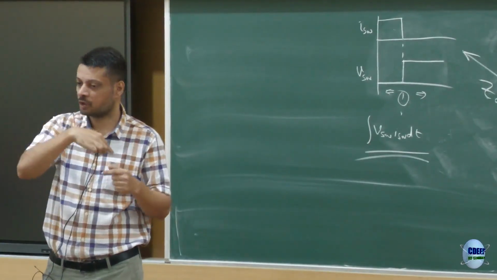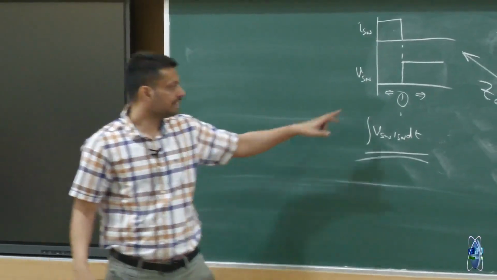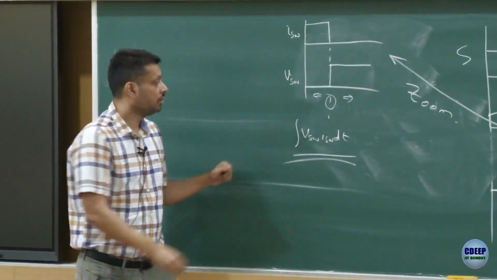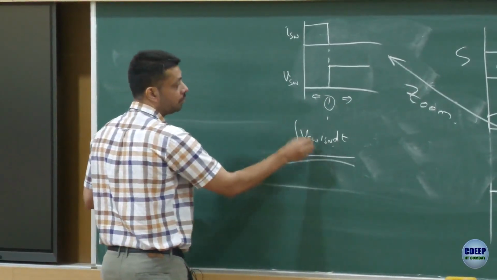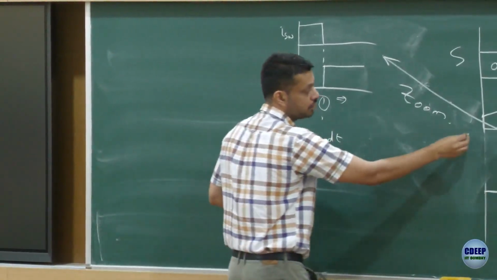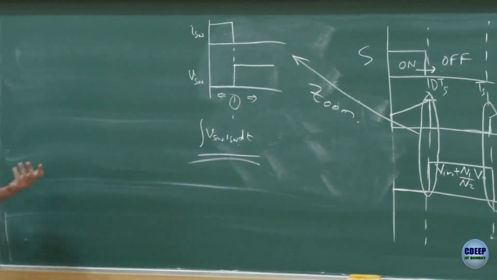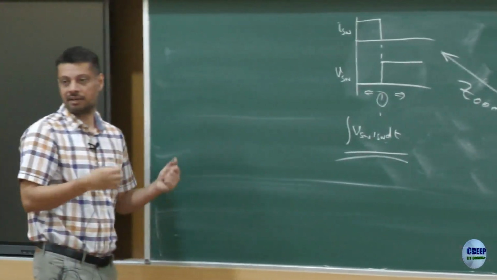So all those small things would add to the resistance. So this is not exactly 0, it's very close to 0 but not exactly 0. So when we integrate, when we use this formula for this region, when the switch is on, we call it conduction losses. It is just a name for it; essentially it is all integral Vi, nothing else,